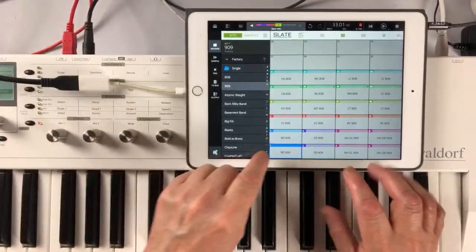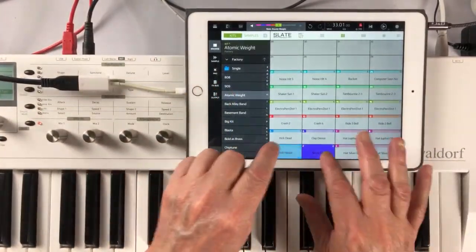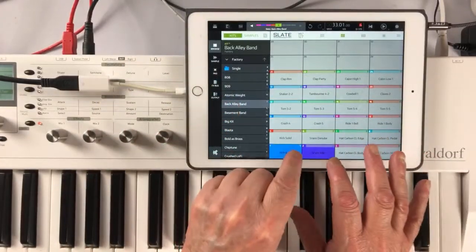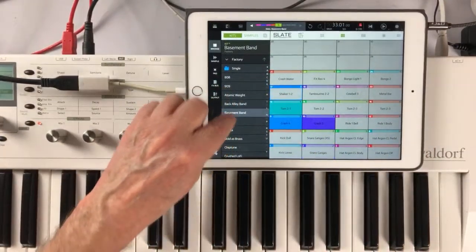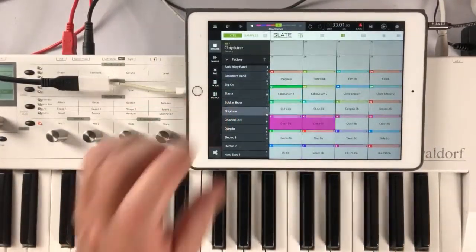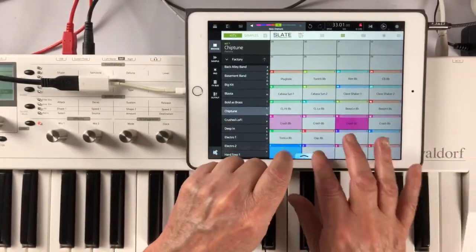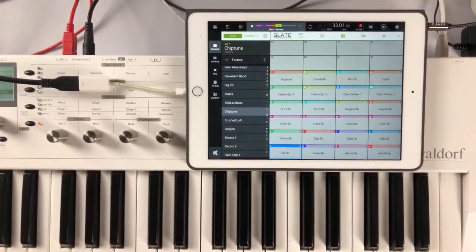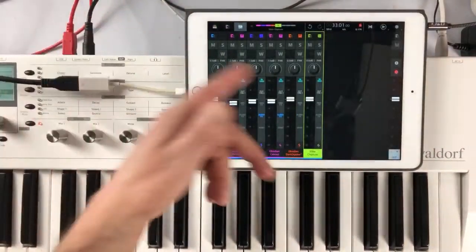We have a 909, atomic wave kit, which is one I used, back alley band, basement band. But I know what I want to use for this. I want to use the chiptune kit. And I will apply some effects to this before I even start, so it gives me a feeling for what I want to do. So if we go to our mixer here, we've got our slate